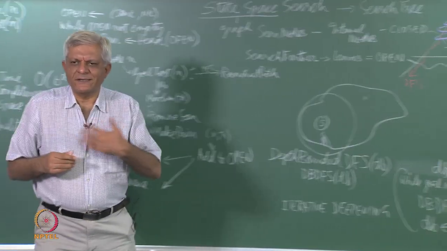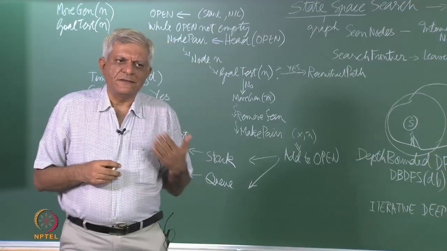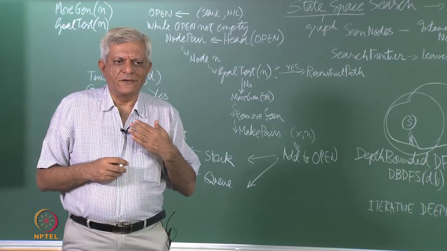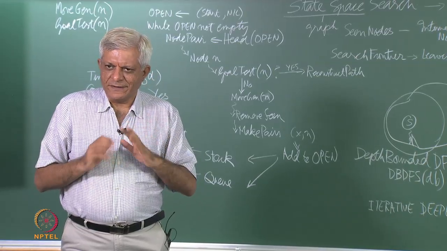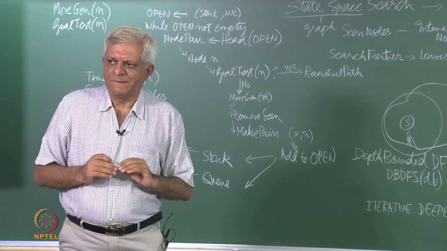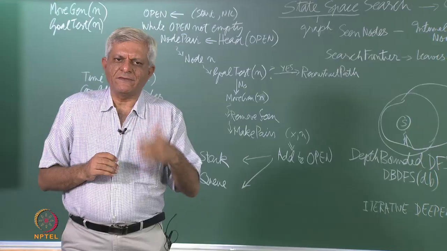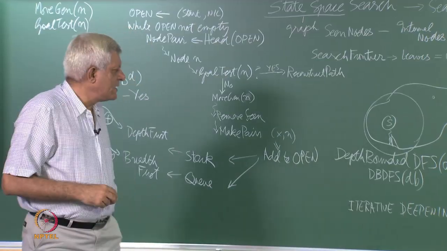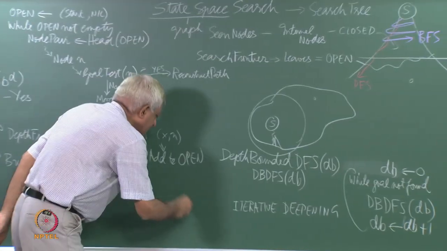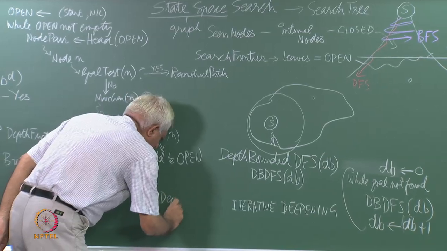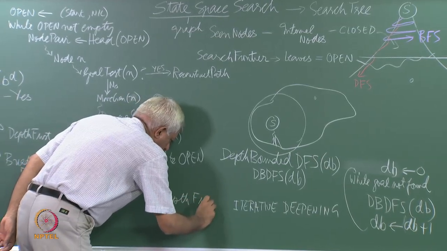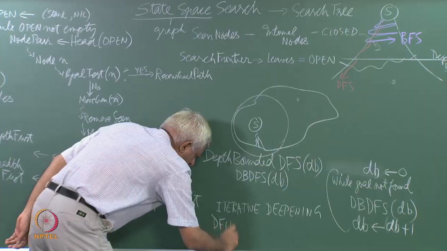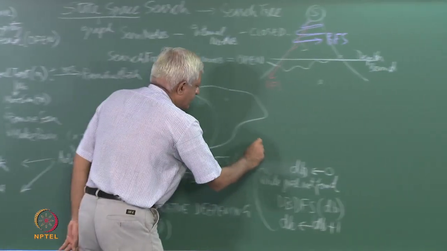In every cycle you increase the depth bound by 1 and then do a depth first search. So, iteratively you deepen this bound to which you will search essentially, and because we are doing depth first search, this is called depth first iterative deepening, which is popularly known as DFID. So, this is algorithm DFID